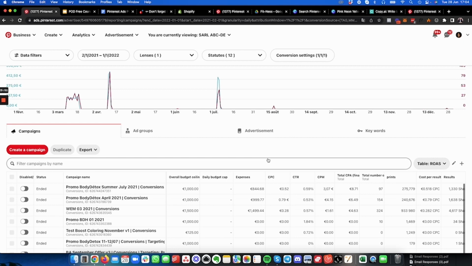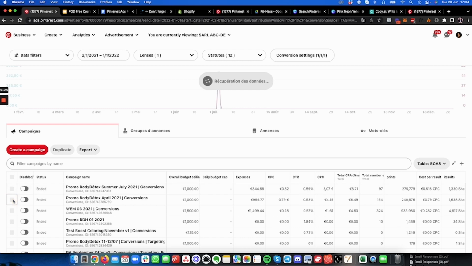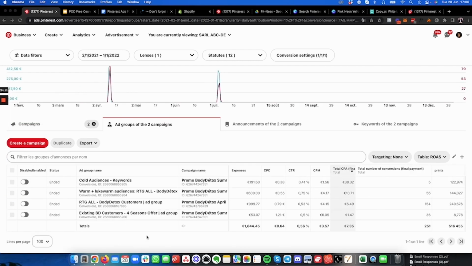Now let's see how we can analyze a campaign. The first thing you want to do is make sure that within your campaign, you always select your campaign and go take a look at the ad group level. Okay, so here you go, you just select your campaign. So as you can see here, I have different ad sets. Okay, and now the goal would be to understand which one of those is bringing me the best